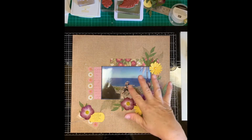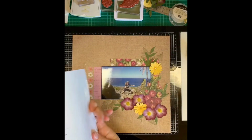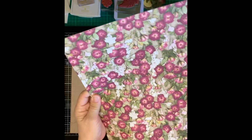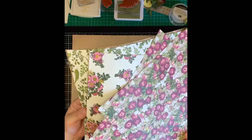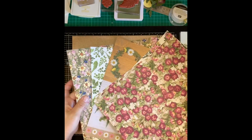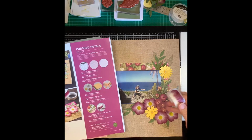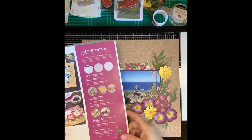So the papers have come from the Pressed Petals Specialty Design Series paper, which I absolutely love, and I've done a lot of pages using this. Let me just quickly show you, you get some beautiful designs, and they're double-sided. And then you can go on to the back, and I've used the washi tape flowers, which are little petals that you put together, and I shall put one together just to demonstrate that, and that's on page 73 of our current